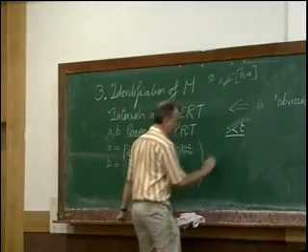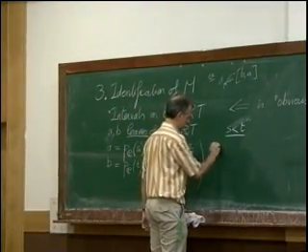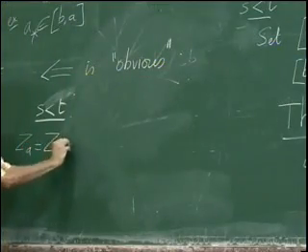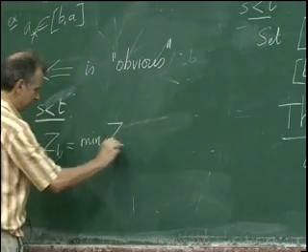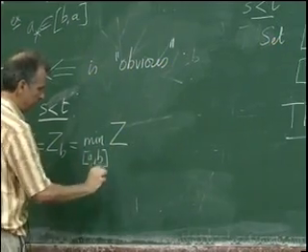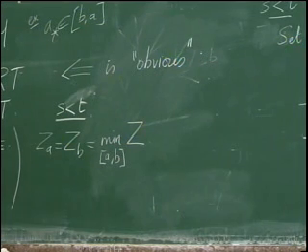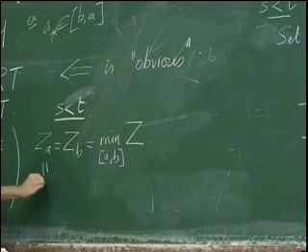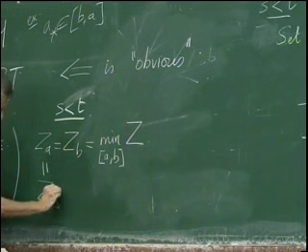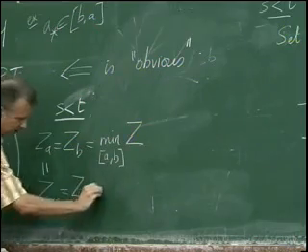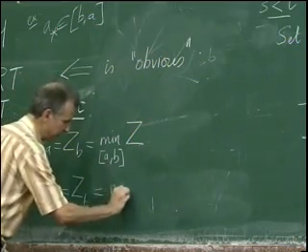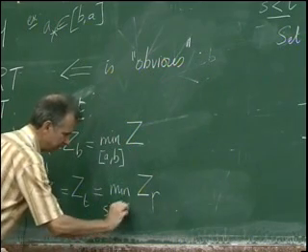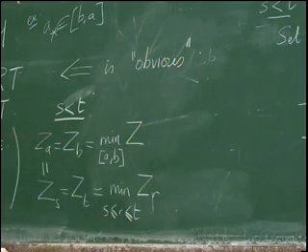And so, if you have the property ZA equals ZB equals minimum of Z on AB, then this is what I said before. ZA is the same as ZS. ZB is the same as ZT. And this is going to be the same as the minimum of ZR for R between S and T. So you get this equality in terms now, looking at the processes indexed by times in 0, 1.